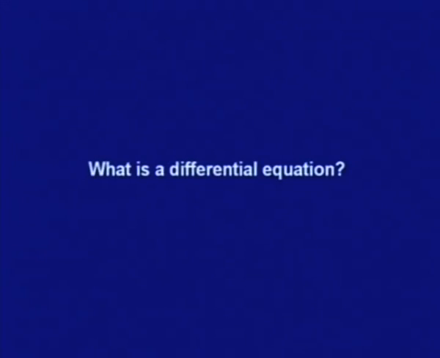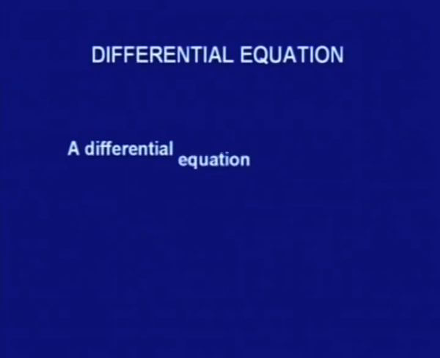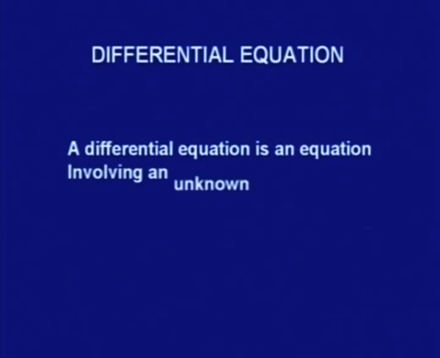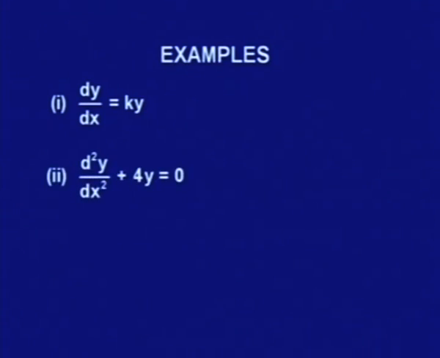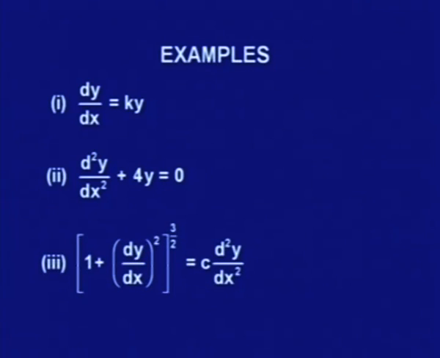So, now we are ready to answer what is a differential equation. A differential equation is an equation involving an unknown function and its derivatives. Thus, dy over dx is equal to ky, d2y over dx square plus 4y is equal to 0, 1 plus (dy over dx) square whole to the power 3 by 2 is equal to c times d2y over dx square,